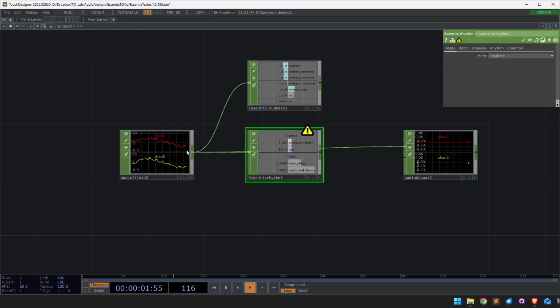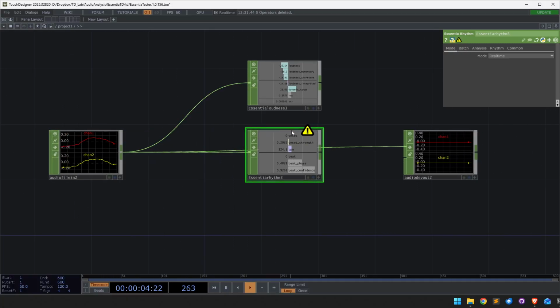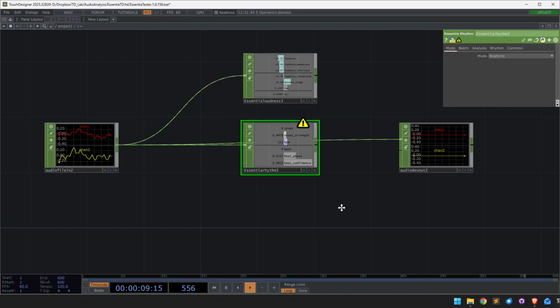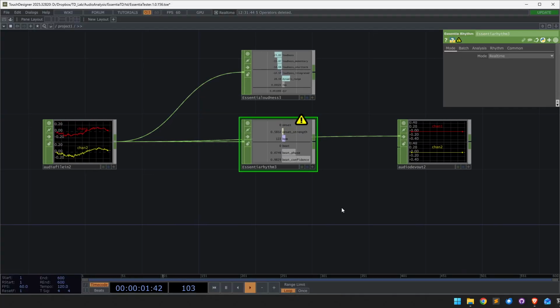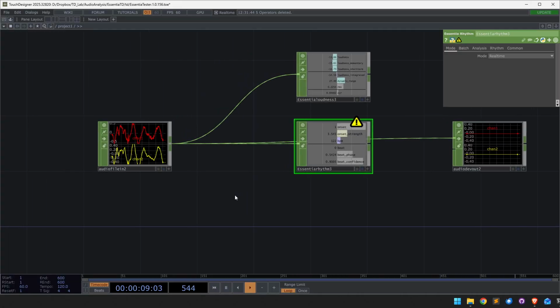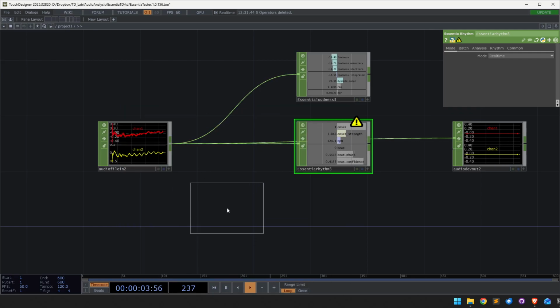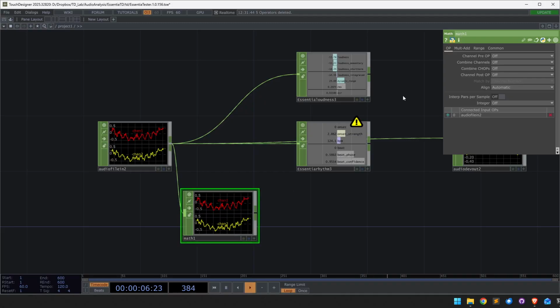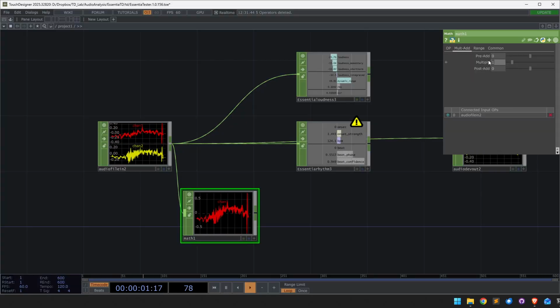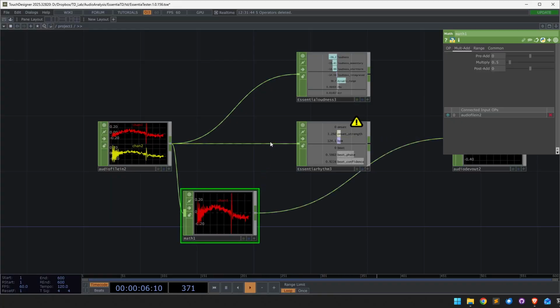This is very much on purpose, and the reason is that if it will analyze both channels, then you will have a lot of channels here for certain operators, like the spectrum, a spectral operator that has a lot of information. And most of the time, you don't really need 2 channels. You just need a summation of both. So this assumes that that's what you're going to do. So you can either do it by adding both. So combining the channels, you can add them and then multiply them by half. Then you have basically all the audio information you need,